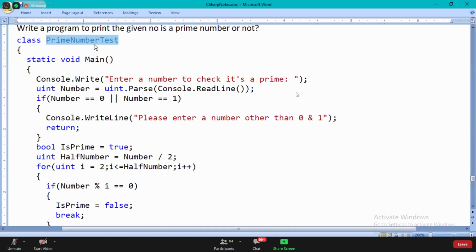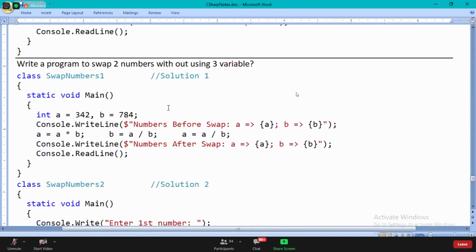All the logics are implemented here without using any built-in functions. All manual logic has been written for you.